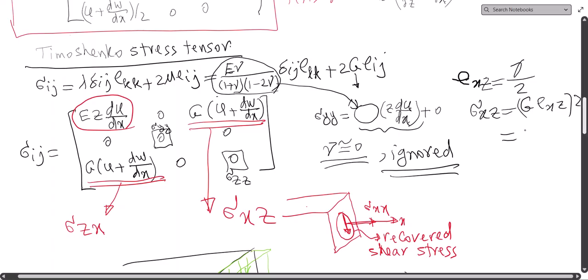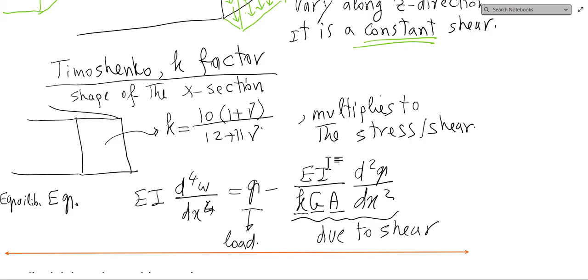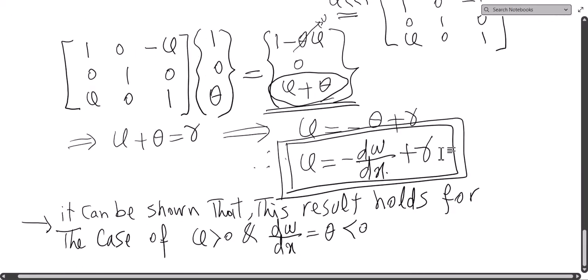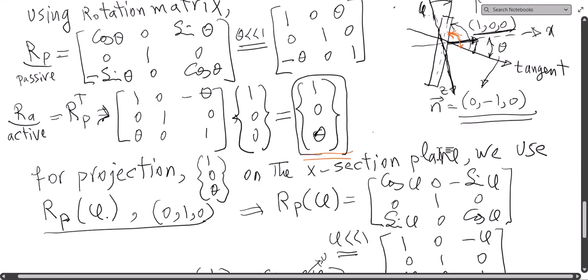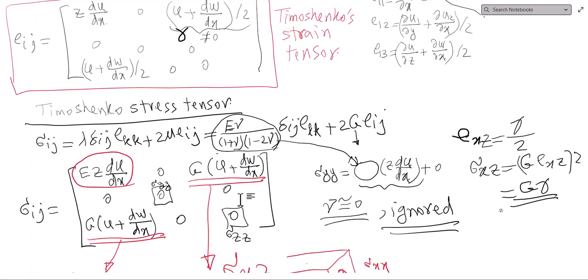This becomes G gamma, as we want to be. Okay, so now once we have the stress tensor as shown here, then we can go ahead and integrate the stress for this component, and that gives me the moment of this stress about any point, let's say z, will give me the moment, and we will get the moment curvature relationship